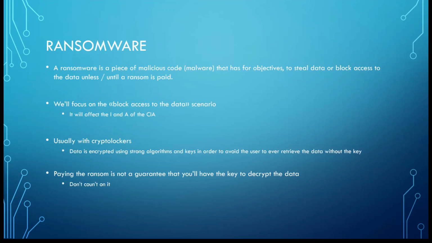So what is a ransomware? It's just a piece of malicious code, a malware, that has for objectives to steal data or block access to the data unless or until a ransom is paid. In this video, we're going to focus on the block access to the data scenario. Here it will affect the integrity and availability of the CIA triad, so the confidentiality, integrity, and availability of